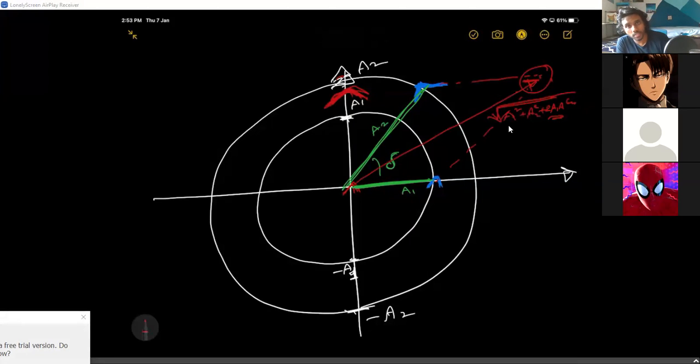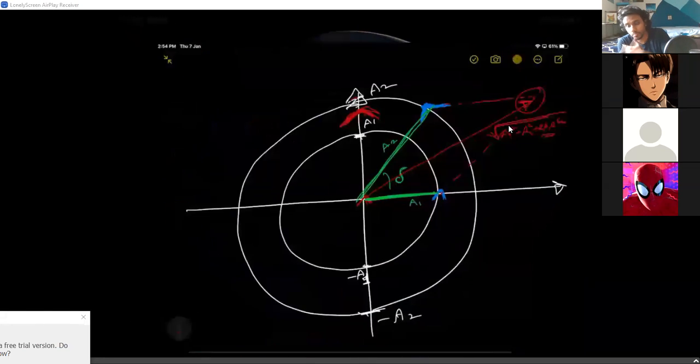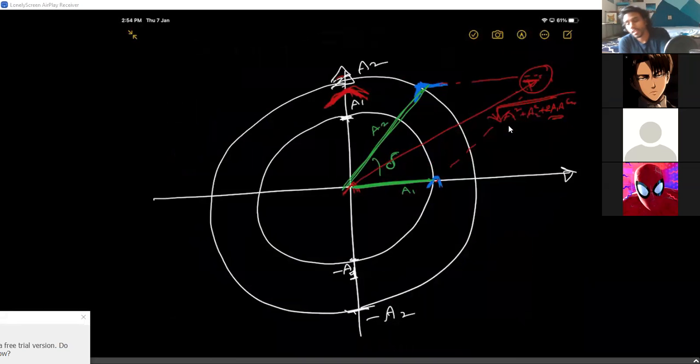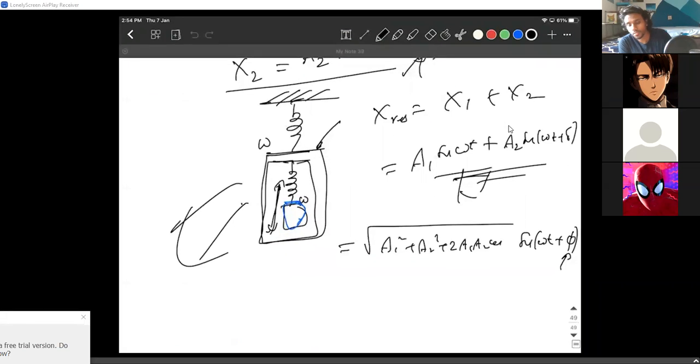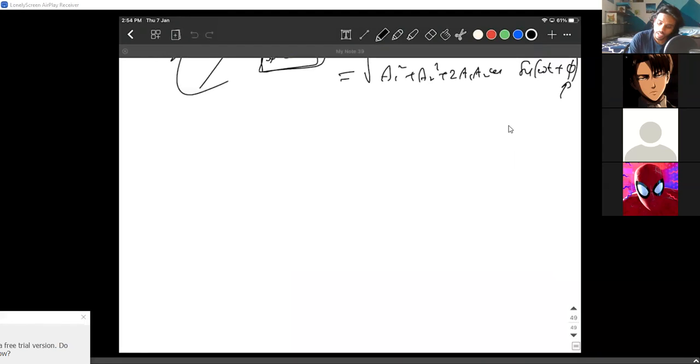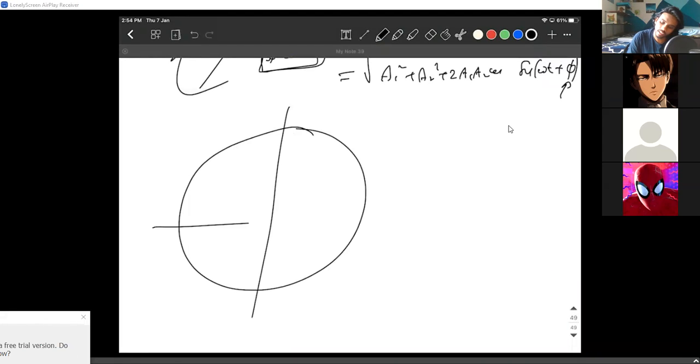If you have two SHMs whose phases are not the same, and you have to talk about the combination of SHM, this is how you find the resultant amplitude. It is not easy to think about it directly, but using the phasor diagram, which is a lot easier way to put it, we can find the